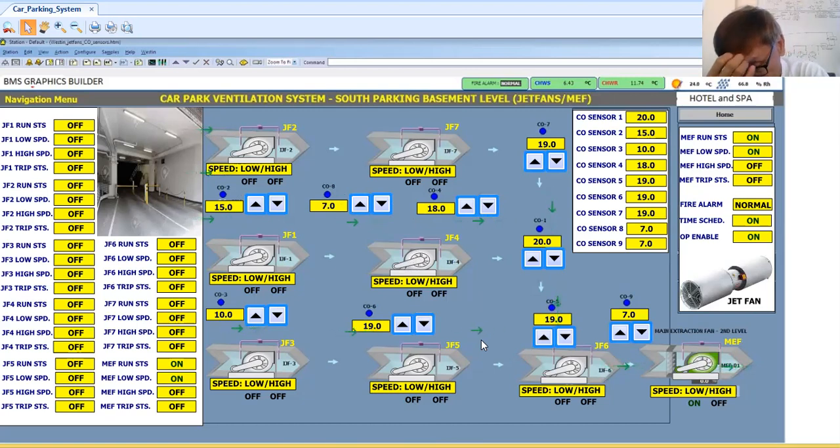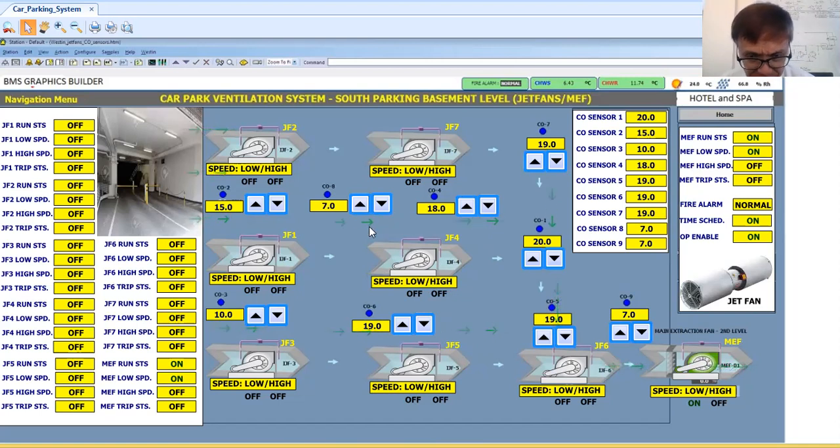Because as we know, the jet fan will be the one to direct the fluid flow going to the main extraction fan, okay. Now if the project or the basement car parking area is small, I guess the consultant will not require the CFD analysis. They will just require you to meet the proper air changes per hour, okay? Maybe in this kind of project, it is only a small basement car parking area. Maybe, I think they asked here 10 air changes per hour, okay? So those things are being computed by the mechanical engineers and those who are doing the design, okay?